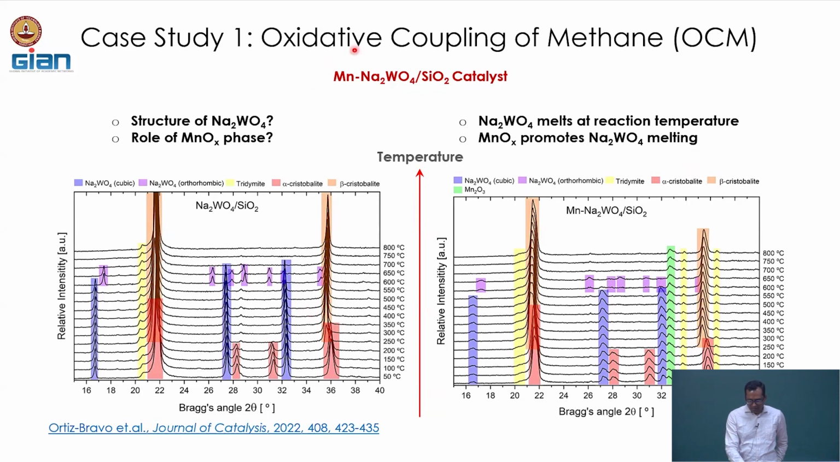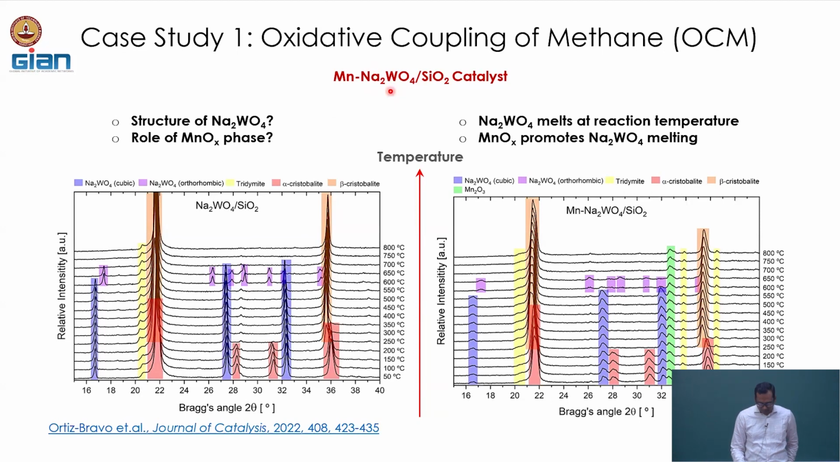And at present, the sodium tungstate deposited on amorphous silica and manganese added as a promoter is the best catalyst in the literature. It has the highest yield for the C2 products, about 30 to 32%, and has a long term stability in the lab scale, at least tested for about 1000 hours. Okay. But still, the role of manganese and the oxide phase of sodium during the reaction was not clear until